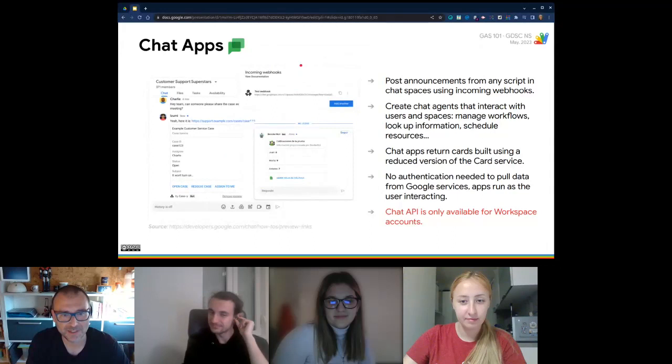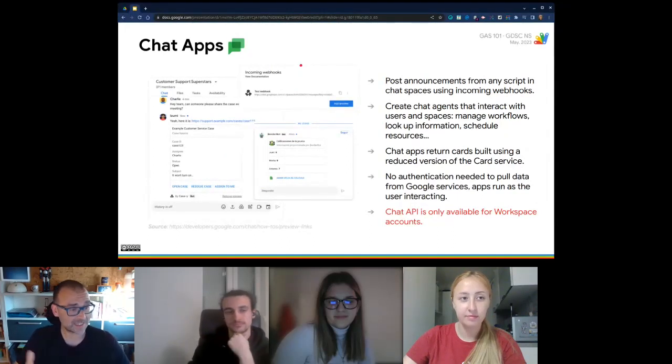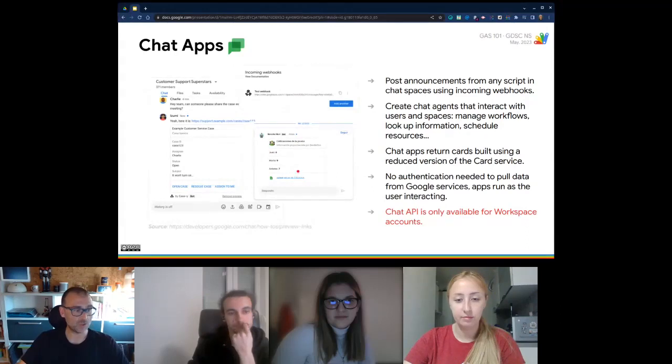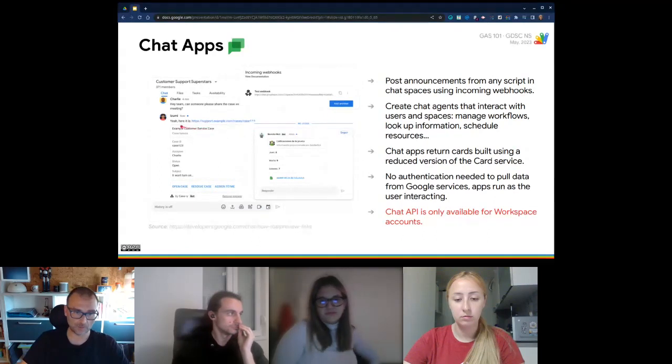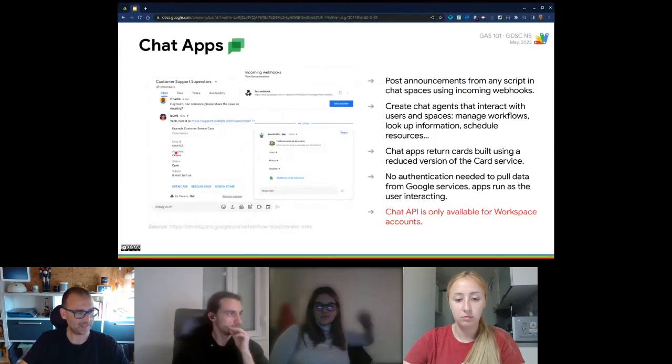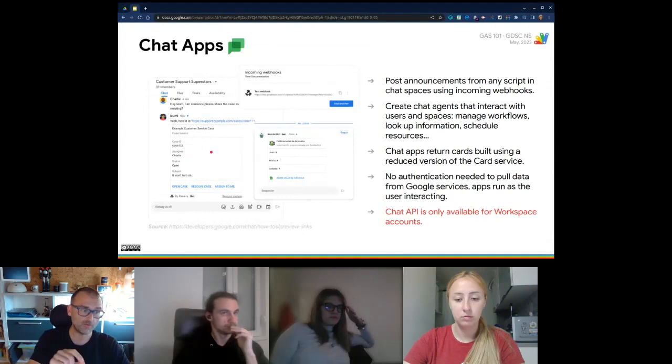Chat apps, maybe you are using Google Chat regularly, if you are Workspace users, or just with regular accounts. Chat apps can pull information again from Google services, interact with users using menus. By the way, these menus are not HTML based, they are built using the same card service used for Google Workspace add-ons.